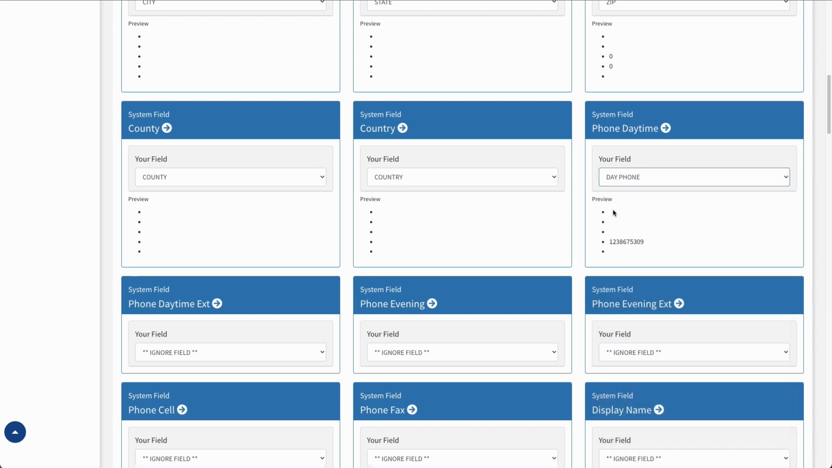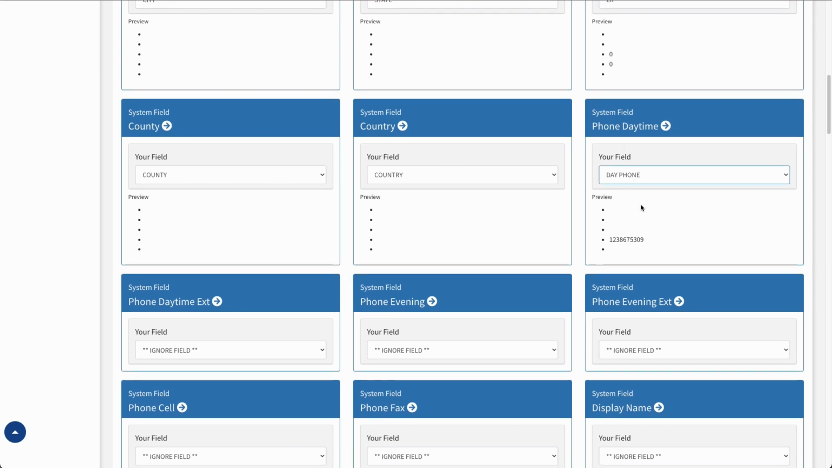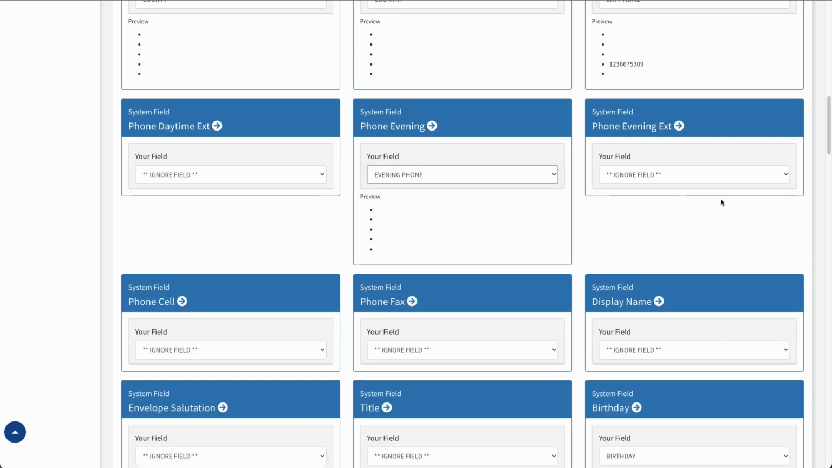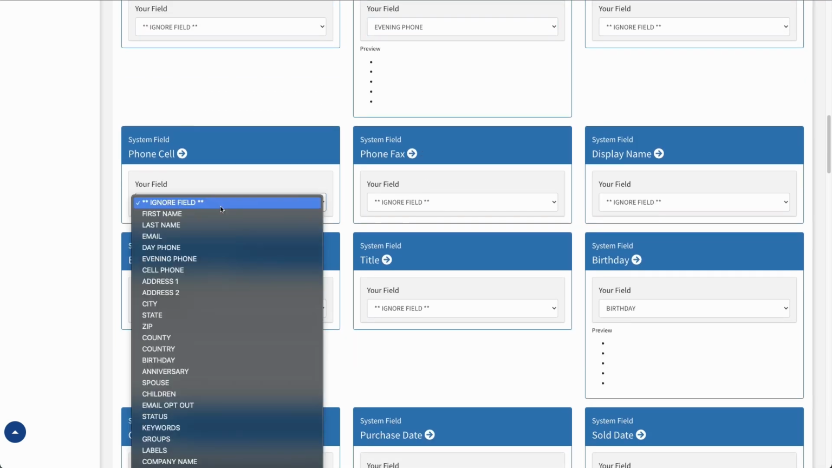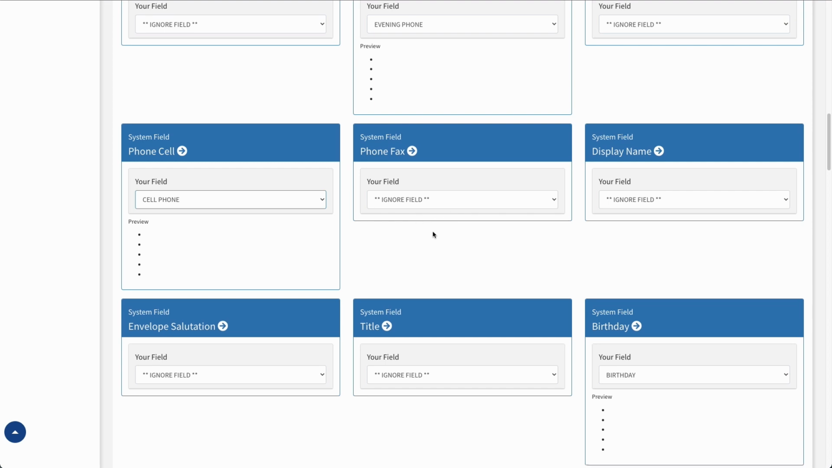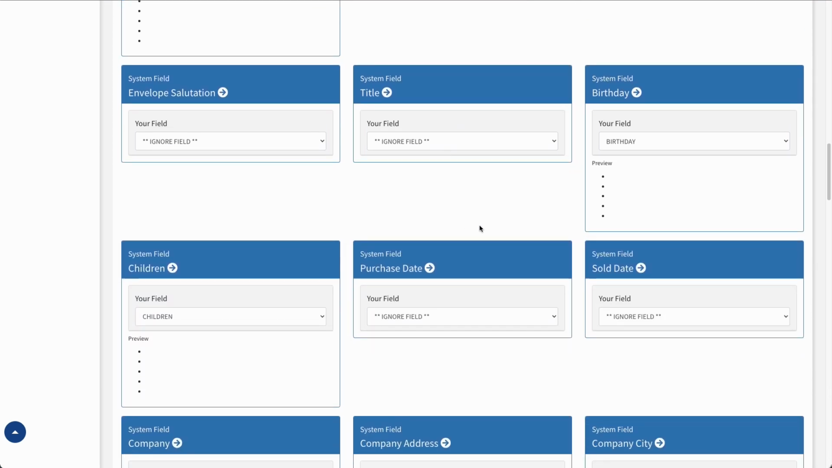So I pick that up, and now it will map everything in this day phone column to the phone daytime field in our system. And I would just do that for any of these that I do have a match for. Evening phone I have, cell phone I have. So you can see it loads those up. So that's how the vast majority of these fields work, or how the system works here for this mapping. But there are a few special fields too. So if we scroll down a bit here,